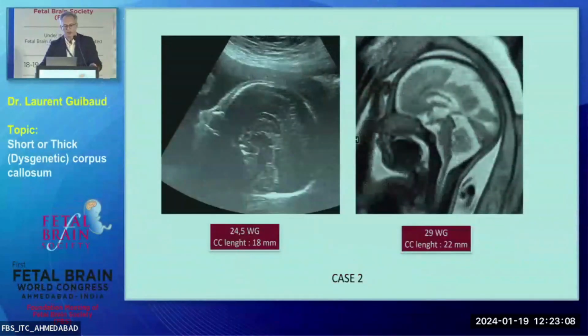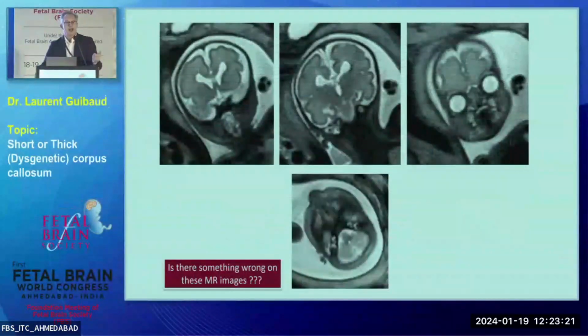This is a second case. In that case, you see there is a corpus callosum. It looks weird, short. The thickness is abnormal, and we did an MR. Is there something wrong on the MR? There is something wrong, and we missed the features. Oh, yes, you see, you get it. Asymmetry of the...